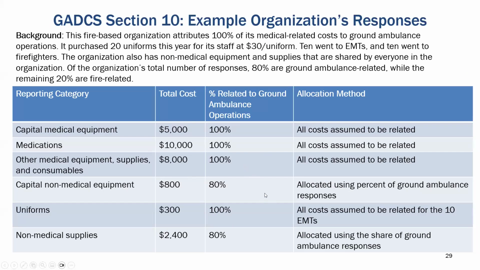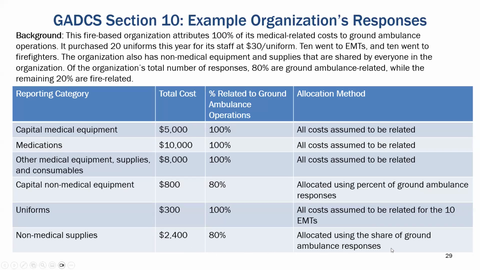And then for uniforms, say that is 100% related for EMTs. In this case, there are a mix of 10 EMTs and 10 firefighters. So if you're reporting the $300 for uniforms just for the EMTs, that amount is reported in full as related to ground ambulance. But for some of these other expenses, like capital non-medical equipment and non-medical supplies,